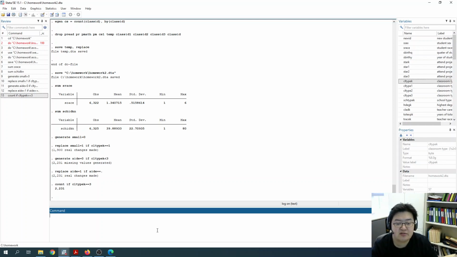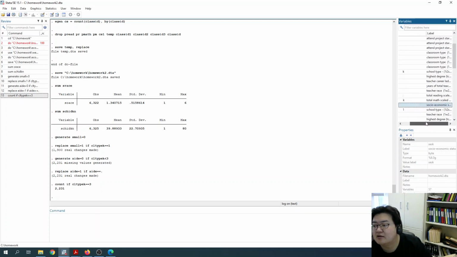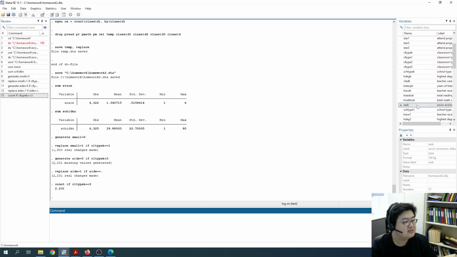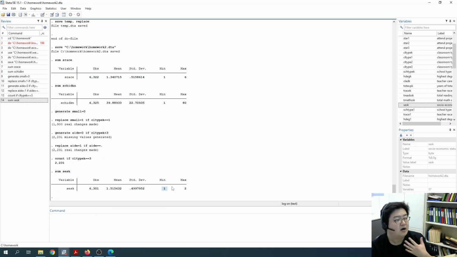And next, we are going to define free lunch. The free lunch information is currently in the variable sesk. Where was that? Oh, here it is. This is the socioeconomic status variable, sesk. It takes one or two: one if a student is eligible for free lunch, and two if not. So what we are going to do here is